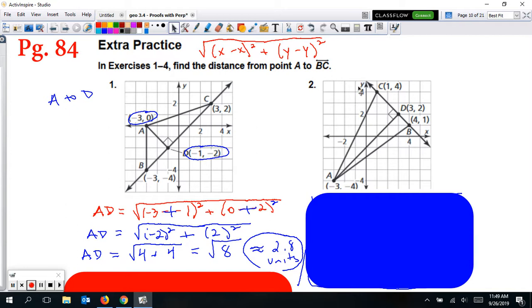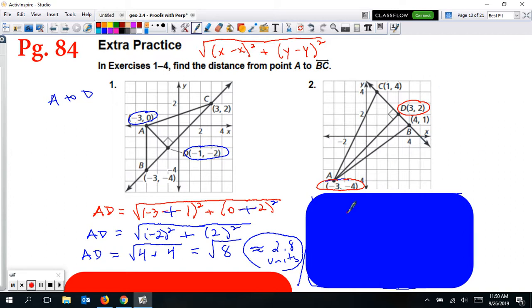Number 2, we're looking at on this one, point A. So we're definitely using point A here. So we're definitely going to use this ordered pair down here. I'll do it right here. So we're definitely going to use the -3, -4 point, but then which of these points, the B, the C, or the D, do we use? We're going to use the one that's perpendicular. So we're going to use point D right there. So for our X's,